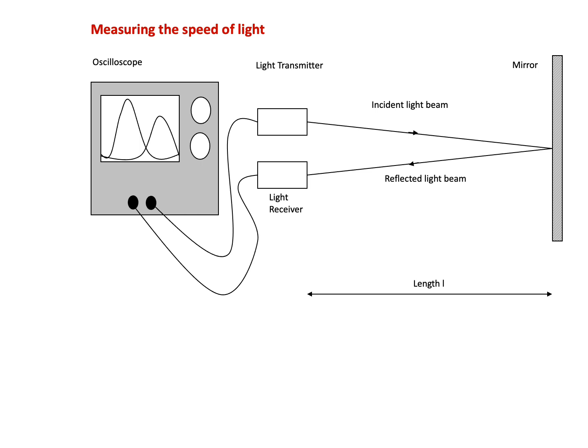That beam travels a length L, usually several meters, reflects off a mirror, bounces back, so we've now got the reflected beam. The reflected beam comes back to a receiver and is received and detected. And both the transmitter and the receiver are both connected up to a device called an oscilloscope, which basically tells us when the light pulse leaves and when it returns and how long it took to do that.